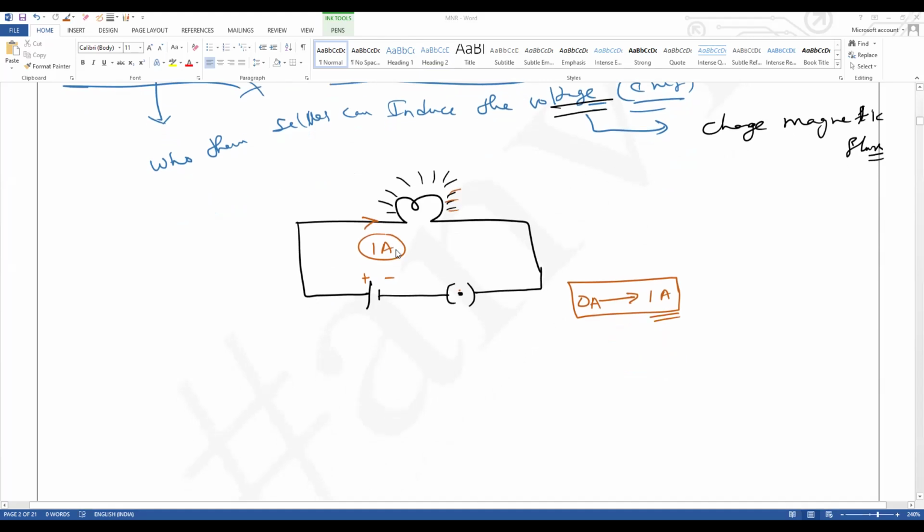Now, imagine, instead of this simple circuit, I'm going to attach a coil which is wrapped around an insulator, like an electromagnet. Now, if I have attached a bulb, so now does